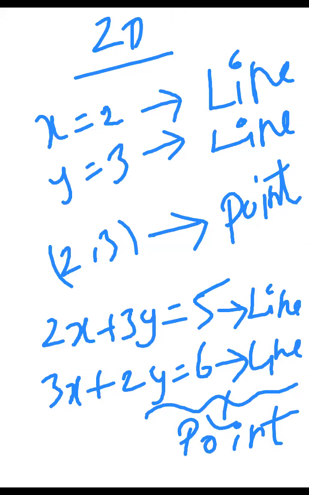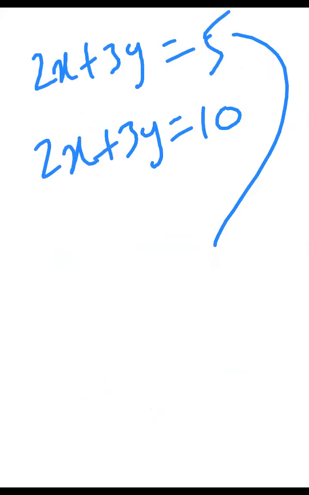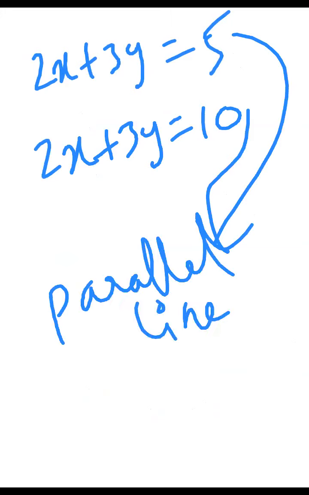And in some cases, if the equation is inconsistent, say for example 2x plus 3y is equal to 5 and another equation 2x plus 3y is equal to 10, then we have seen that these two are parallel lines. There is no solution. Parallel lines mean there is no solution. Okay. Next,